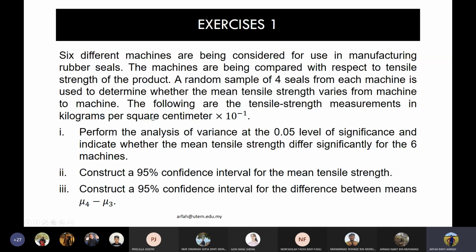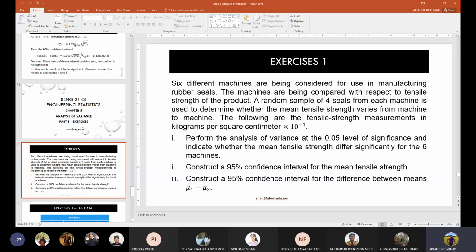Okay. So from here dia kata perform the analysis of variance untuk tengok whether the mean tensile strengths differ significantly for the 6 machine. So then construct 95% confidence interval and construct a 95% confidence interval on the difference of mu4 and mu3. Okay,